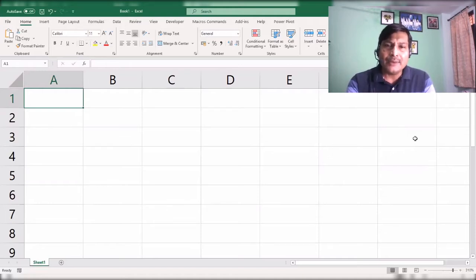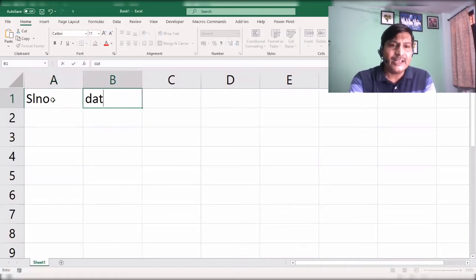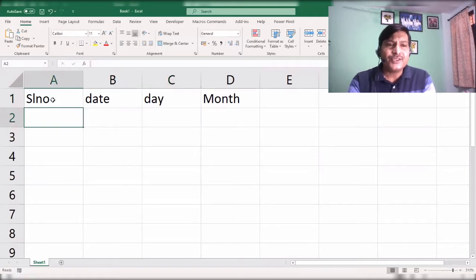Now I'm coming to my screen. This is my first cell, A1. Suppose here I want serial number. In the next column I want date. In the third column I want day, and in the fourth column I want month. In the first column we can simply type serial number 1, and I want to fill data from 1